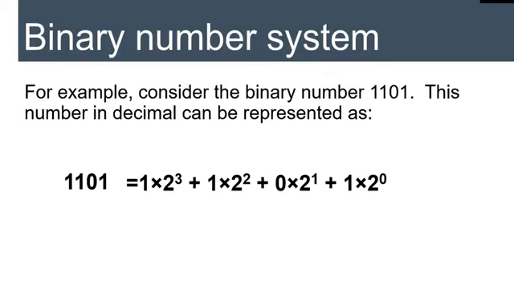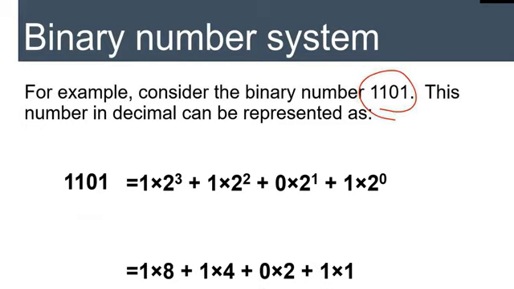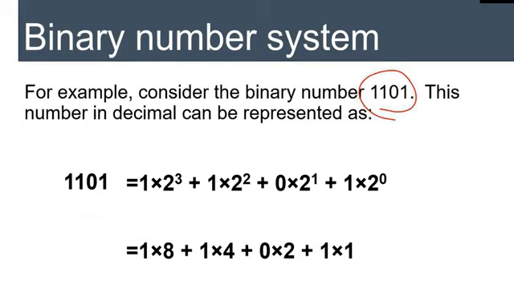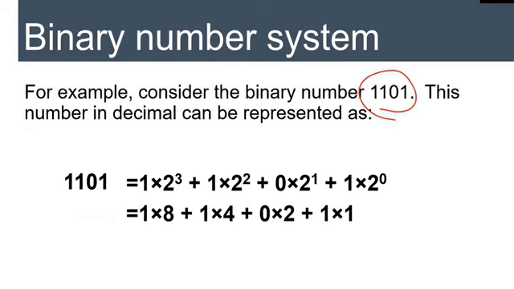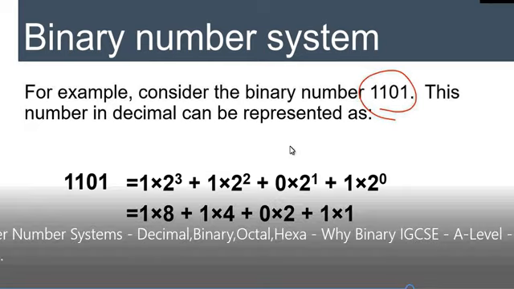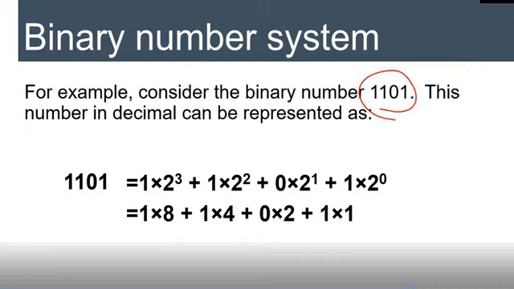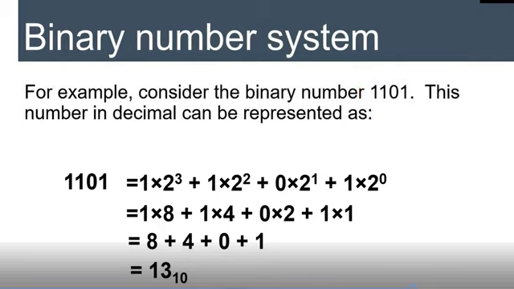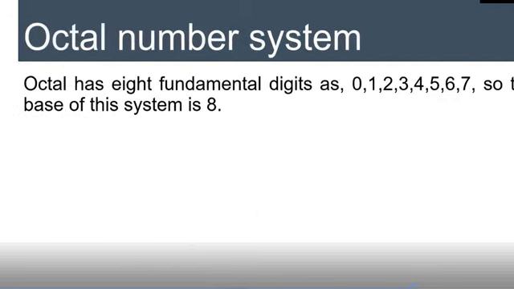We can represent it in decimal form by writing their equivalent binary weightage: 2 raised to 0, 2 raised to 1, 2 raised to 2, 2 raised to the power 3, and by adding their respective place values by multiplying. Okay, 1 multiplied by 2 raised to power 3 is equal to 8. In this way we will get 13 decimal, equivalent to the 1101.